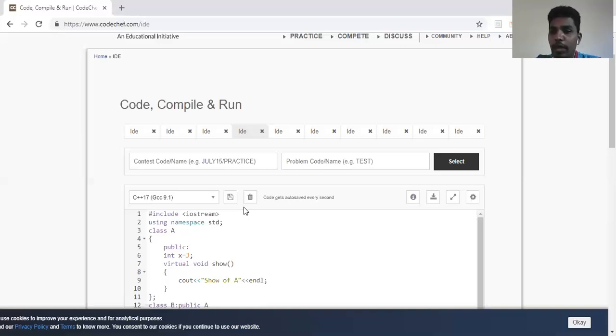And in object orientation, how do we have abstraction? When we make the access specifier as protected or private. So protected and private members cannot be directly used by external entities. However, protected members can be used by child classes, but private members cannot be used by child classes also. Protected members can be used by child classes, but private members cannot be used by any other than the class itself. So this illustrates the concept of abstraction in classes.